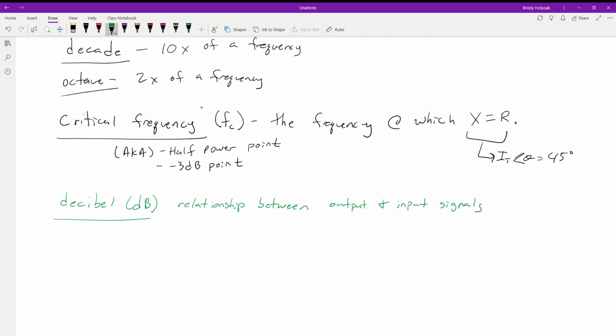So we have two formulas that we can use depending on what unit we have. We can use either 10 log of our power out over the power in, or 20 log of the voltage out over the voltage in. That's going to give us some value in terms of dBs. For what we're going to be talking about here, we're pretty much going to have a loss, or we're going to break even. We're never going to gain because we're not amplifying anything. We're just filtering things out and attenuating it.